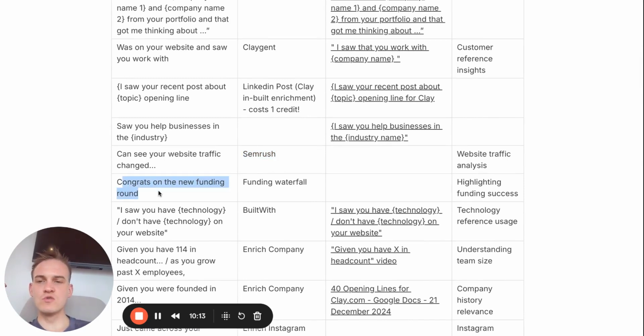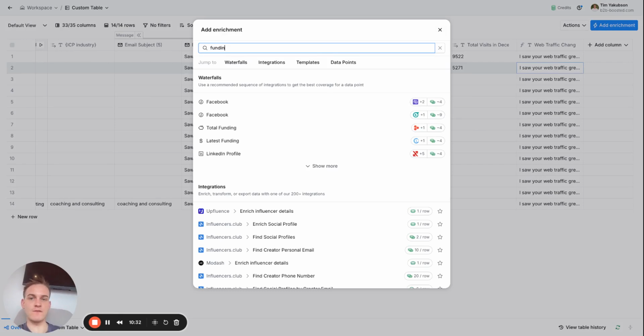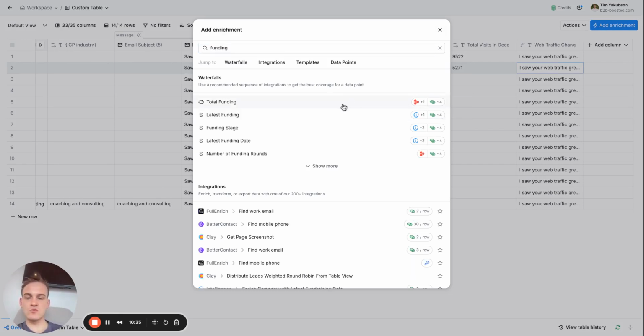Now, you can also use this trigger for congrats on the new funding round. That sounds cringe. Every single salesperson is using this, so don't say this exact thing. Suppose you were trying to qualify a company to see if they raised some funding. You can use Clay agent and just prompt Clay agent to do that. Alternatively, you can click on Add Enrichment. You will type in funding, and you will click on total funding or latest funding or funding stage, one of